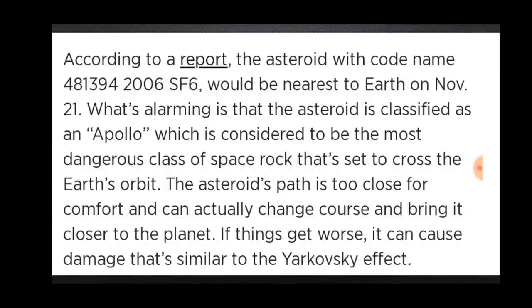Okay, and then it's crazy. They keep saying space rock. Okay, there's a reason why they're saying that instead of meteorite, or meteor or whatever, right? Space rock. There's a reason why they're saying that. The asteroid's path is too close for comfort and can actually change course and bring it closer to the planet. If things get worse, it can cause damage that's similar to the